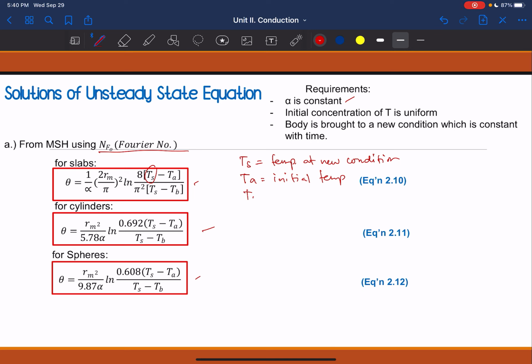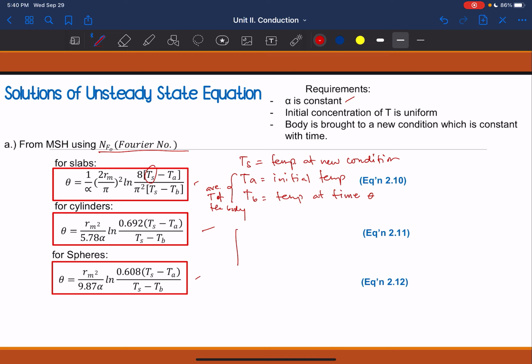Tb is your temperature at time theta. And if you get Ta and your Tb, the initial at time theta, you could also have the average temperature of the body. Average T of body. So it's like if you have an unsteady state